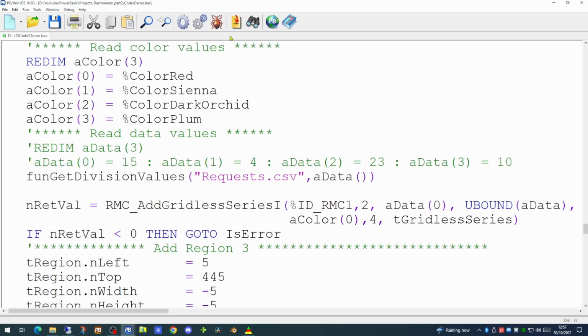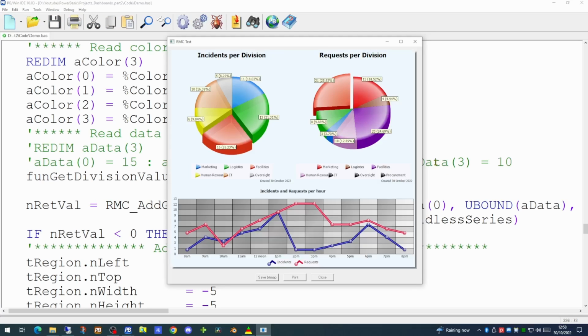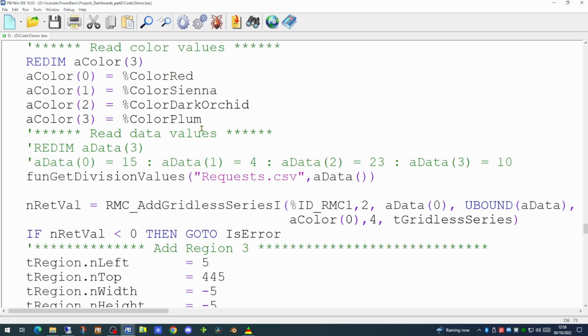So if we run our application now, you will see we have more slices of the pie for requests per division. However, you'll see there's a problem with the colours in the legend. What is actually causing this is that we specified a colour array to hold the custom colours we wanted for this particular pie chart. And we set it up for having 4 slices of the pie and 4 only. Therefore, since we've added additional slices, these are defaulting to the colour black.